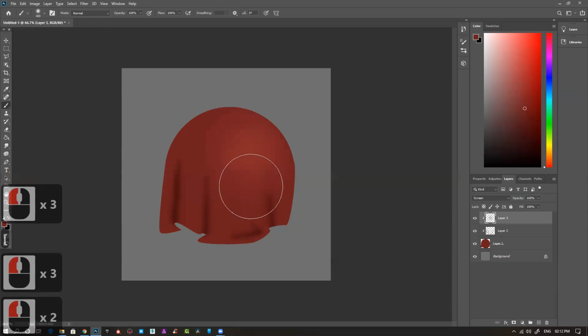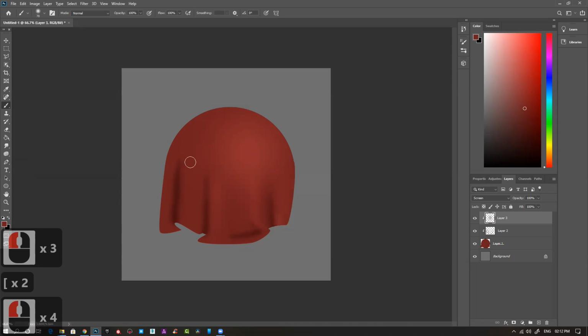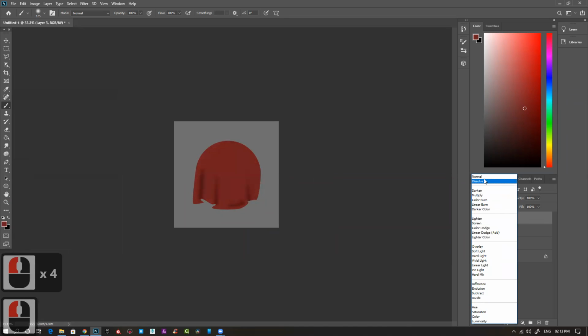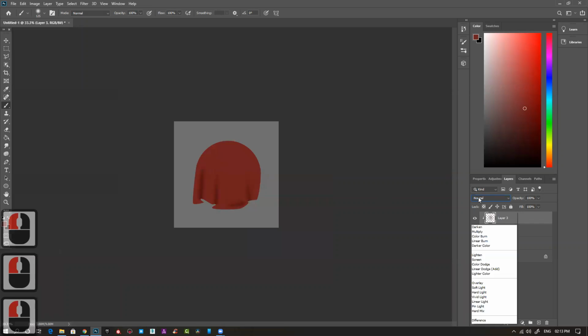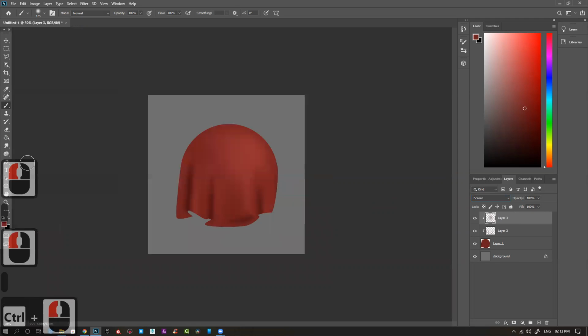The same shadow and highlight we're following. You can see, use it with screen. If I go to normal, same color, so just simply change it to screen to create that nice smooth